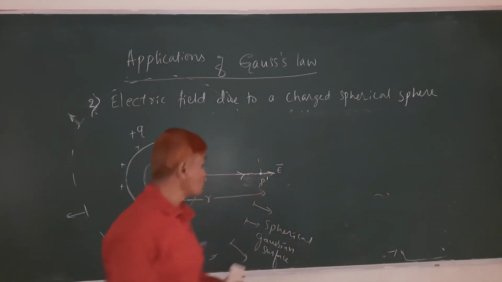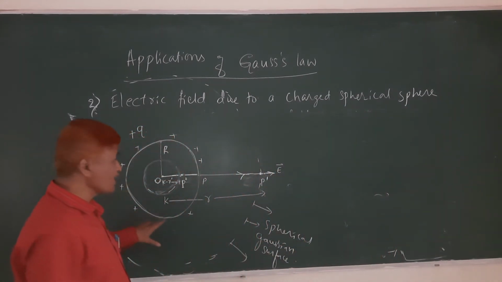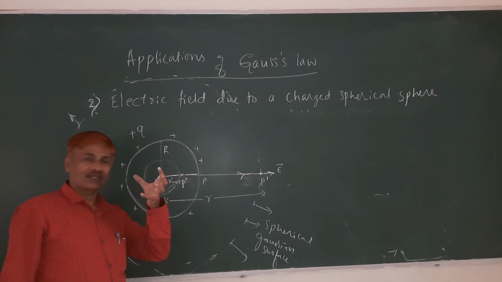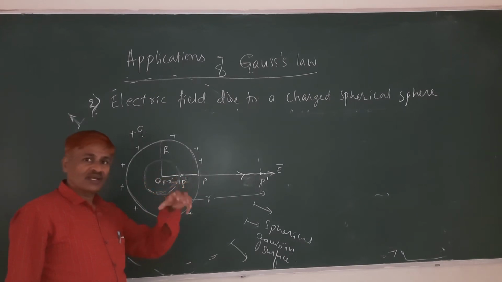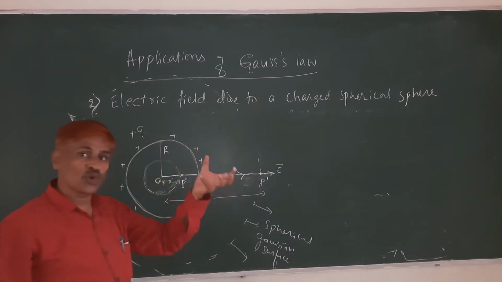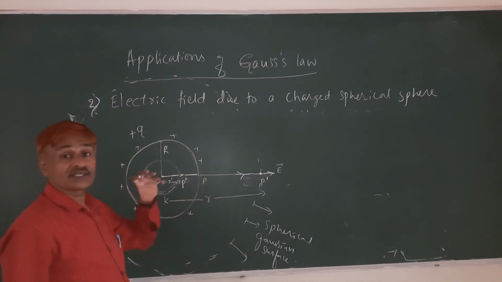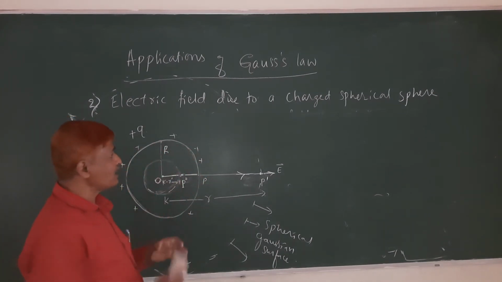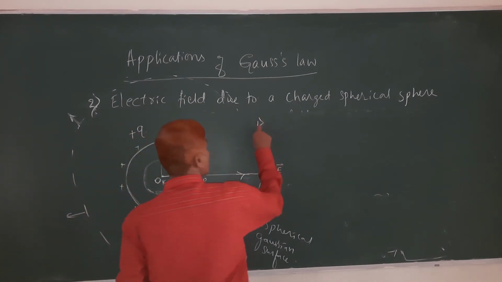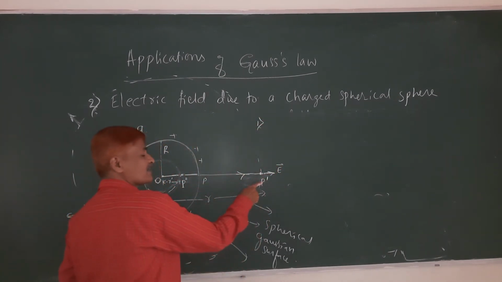Sphere means it is a solid ball. In the earlier case we discussed a hollow metallic ball. Now we are discussing a solid ball. Here also there are three cases. First case, electric field outside